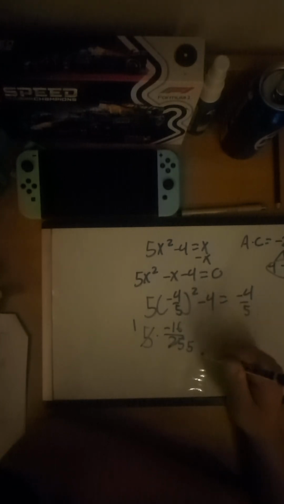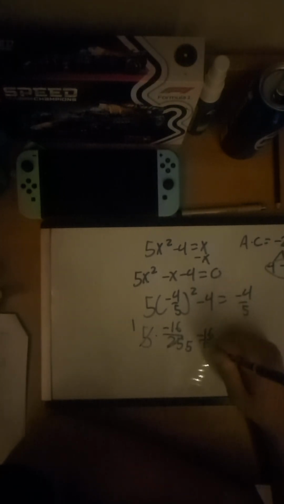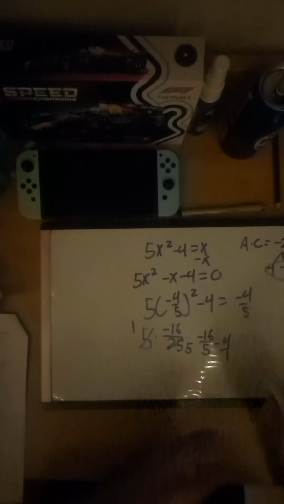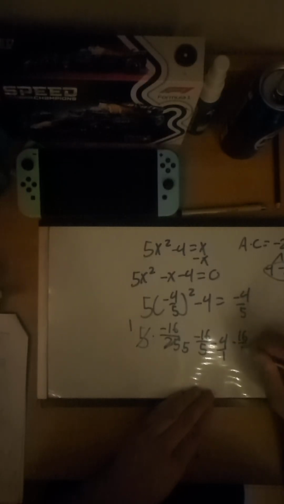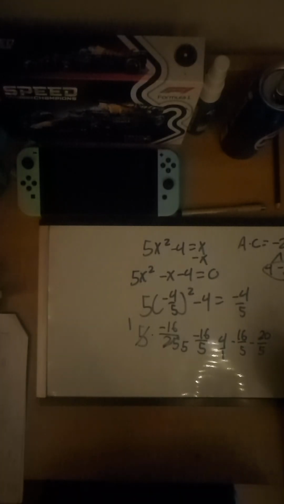we get 5 times negative 16 over 25. This cancels. This becomes 1. This becomes 5. We can simplify it early. This means negative 16 over 5 minus 4. Okay, we need a common denominator here, so we'll just times this by 4. So it would actually be negative 16 over 5 minus 20 over 5. And guess what that would give you? That would go ahead and give you, oh